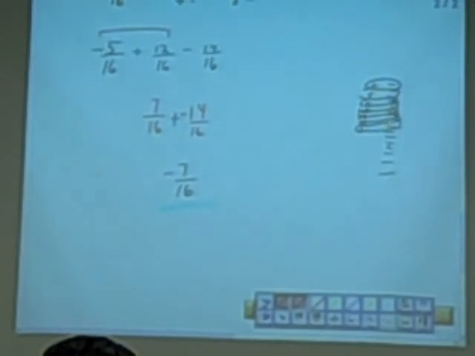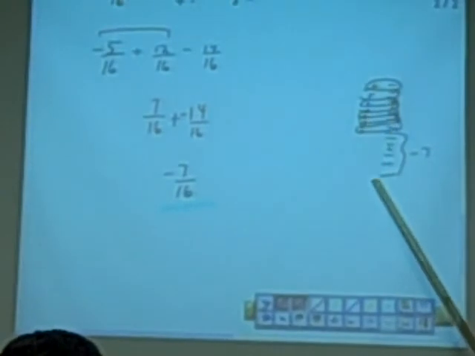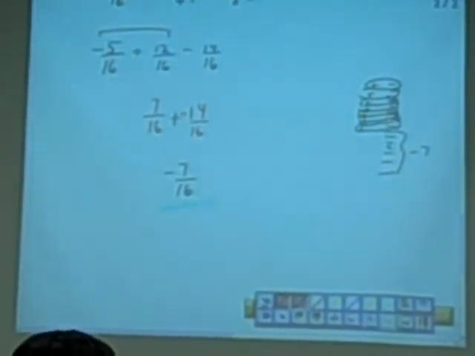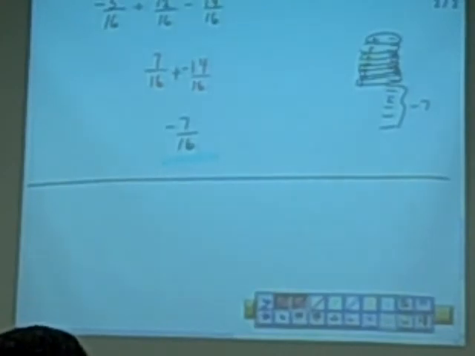What you're going to have left is 7 negatives. Okay? And so you've got more negatives than you have positives, so that's why you're going to end up with a negative. Alright? Any other questions there? Okay. It's good to clear